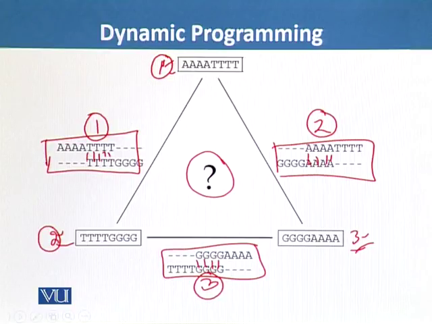So in this dynamic programming algorithm, we cannot use this approach in all cases. That is, first we make the pairwise alignments and then we compare all these pairwise alignments to get the multiple sequence alignment. Sometimes it works, as we have seen in the previous example, but sometimes it does not produce the result, as in this example.